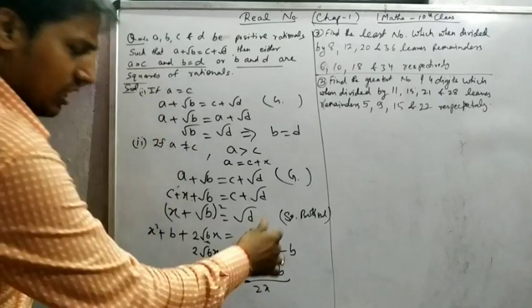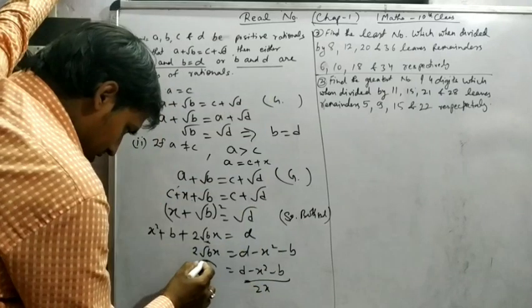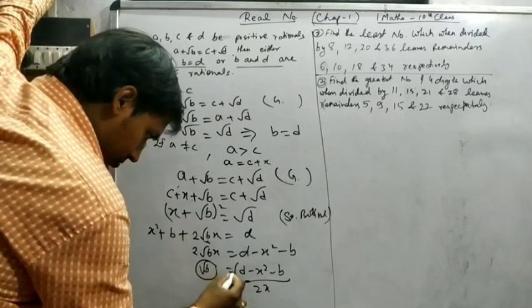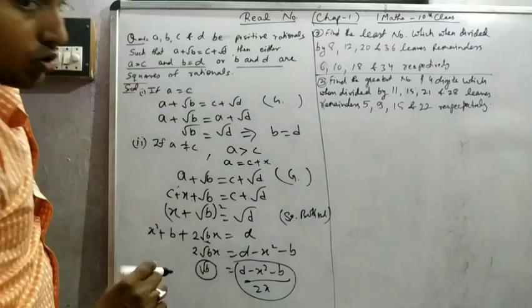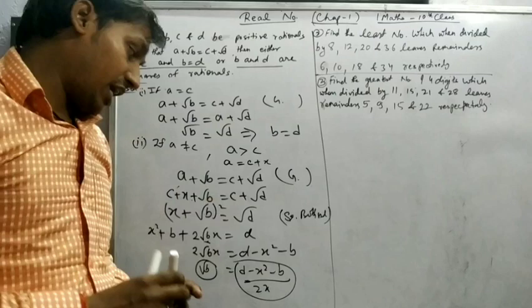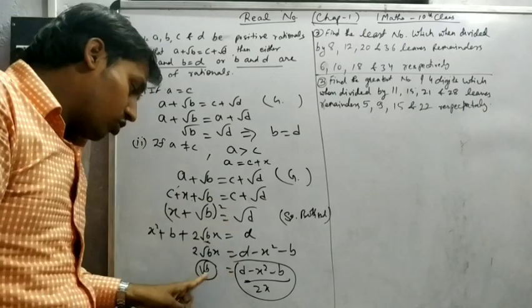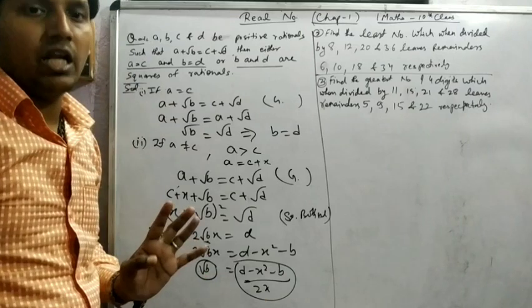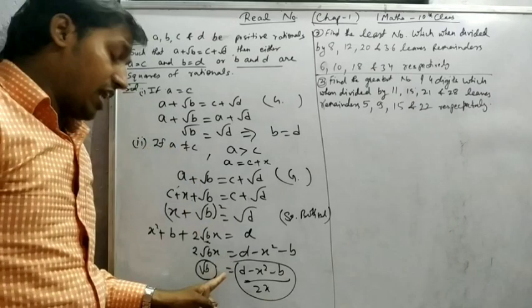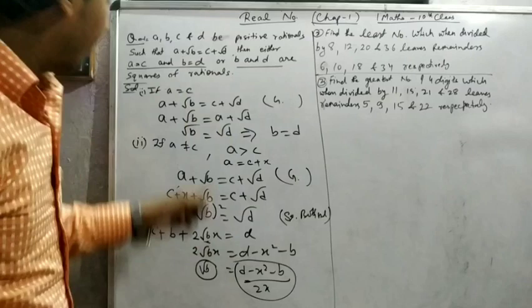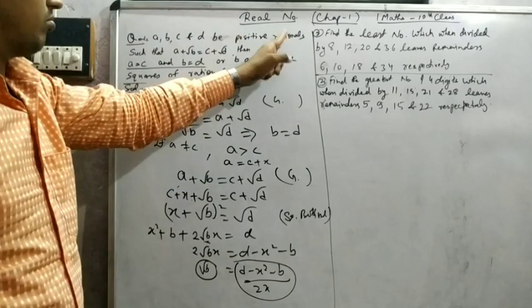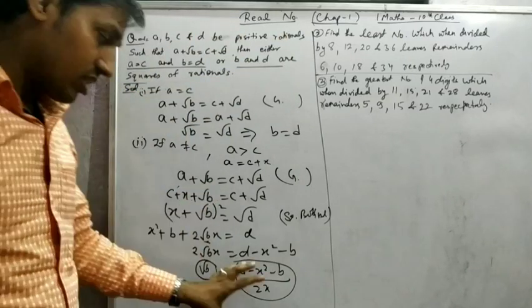It doesn't matter what is here, that is not important. The main thing is root B and this, and we know that if I say this is rational, then it's not possible that it is equal to irrational. That is the assumption, contradiction. Irrational is not equal to rational, but it's given that this is rational. If this is rational,